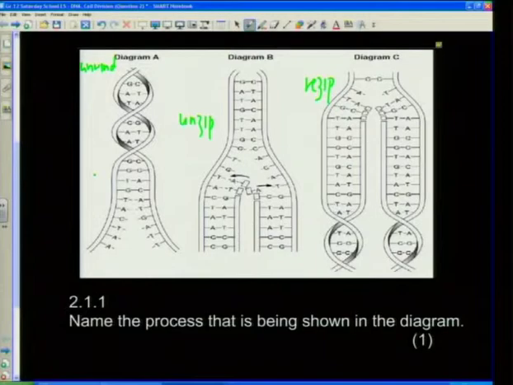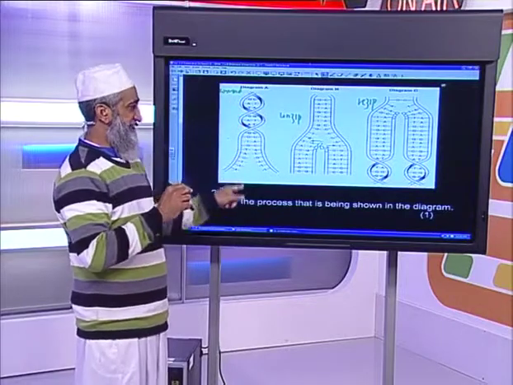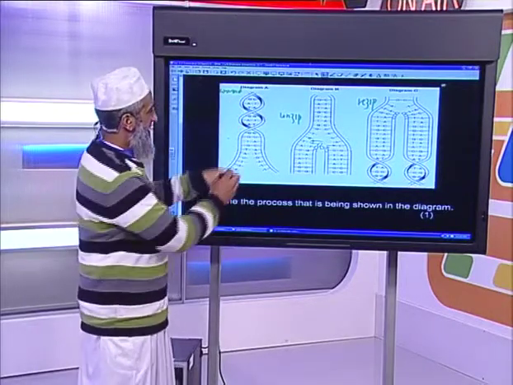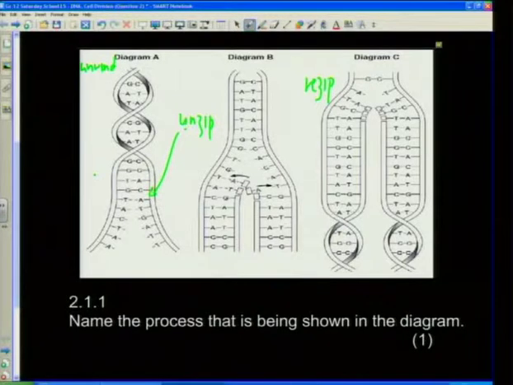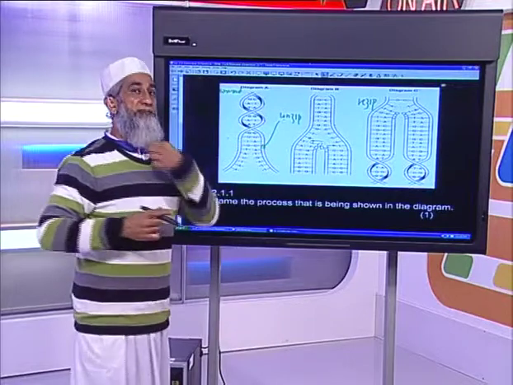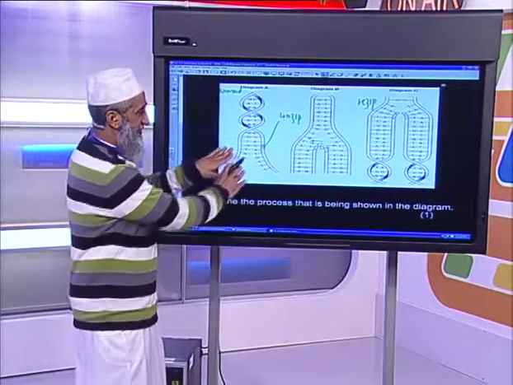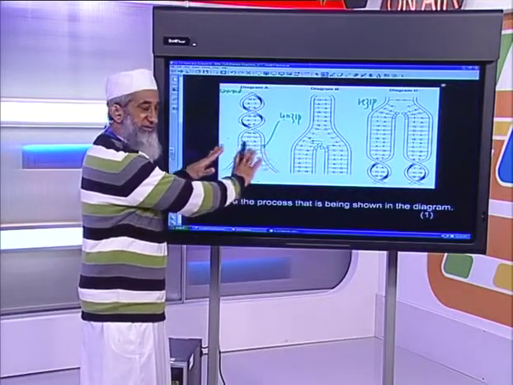In the first diagram, diagram A, we can see clearly that the DNA molecule, which is normally a spiral, double helix, is unwinding. So the spiral is undoing itself, as you can see here. And as this is happening, we're having the nitrogenous bases moving apart. Unfortunately, I don't have a jacket on, otherwise I would have demonstrated to you what we mean by unzip. In other words, the parts of the zip are moving apart. So the nitrogenous bases are splitting and they're moving apart.